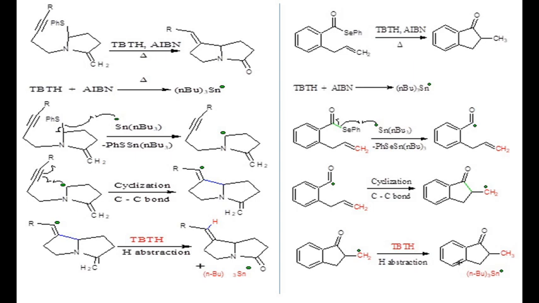So in both of these reactions, there is formation of a 5-membered ring. There is formation of an intramolecular carbon-carbon bond. The carbon-carbon bond is formed within the same molecule. So this is the intramolecular carbon-carbon bond formation. Now we have studied the formation of carbon-carbon bonds, either intramolecular or intermolecular, by using tributyl tin hydride.